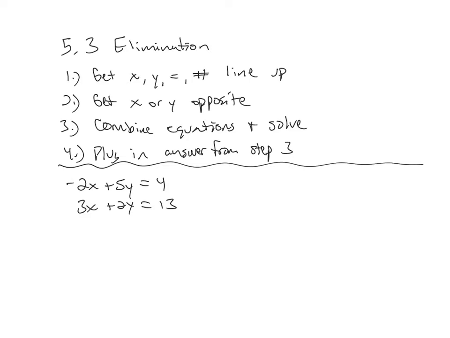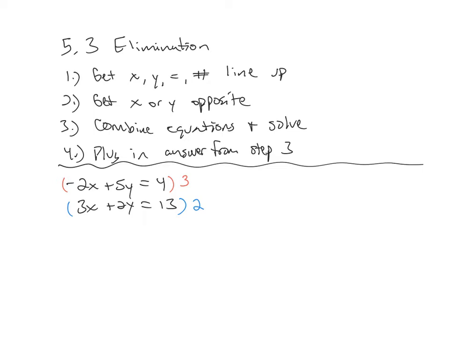All right, so again, start with the small number. Can I do 2 times something and make 3? No. So I'm going to have to multiply both equations by different numbers, and that's okay to do. So the 2 and the 3, I could make them into a 6. So I could multiply the top one times 3 and the bottom one times 2, and that'll give me a 6 and a -6